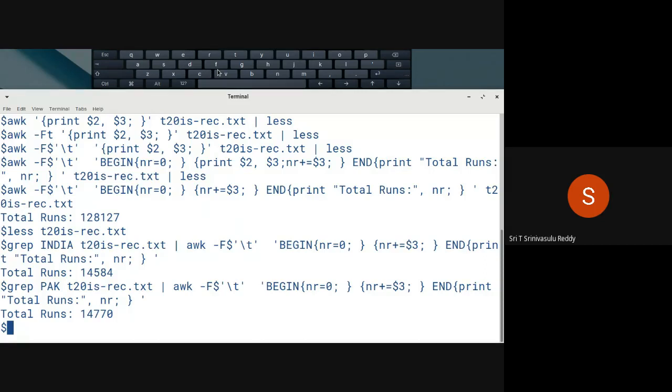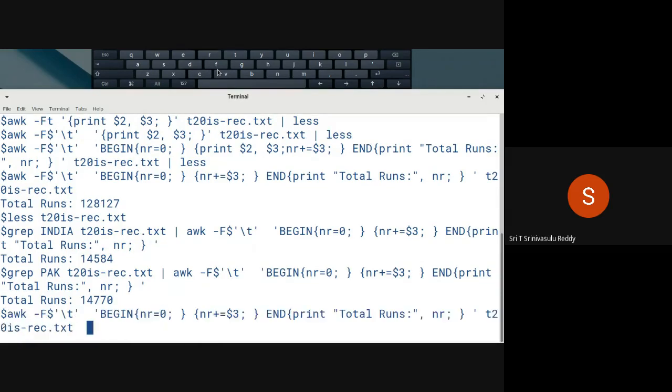But you don't want to use grep actually. You want to use awk itself. Awk itself is powerful enough to do all this particular business, right? So it can easily do that. So how are you going to do that particular thing? Here itself, you are saying awk followed by all that, NR plus equal to $3. Now here what are we saying? This is a general pattern. On every line, the $3 is getting added to this. Instead of adding on every line, you just look for India